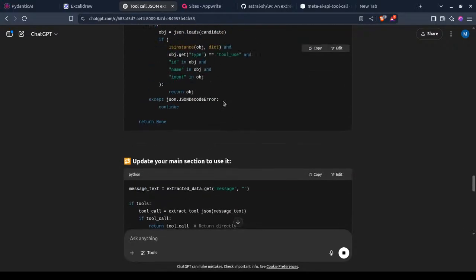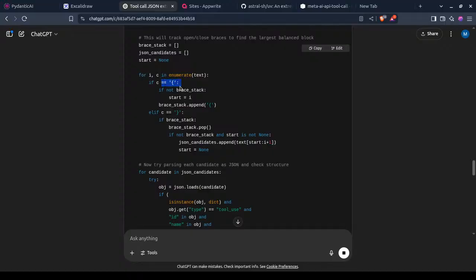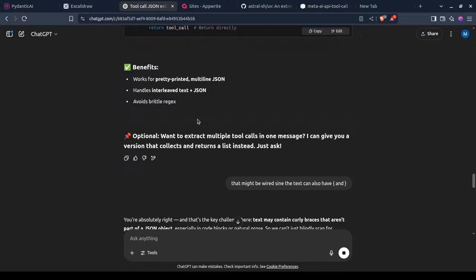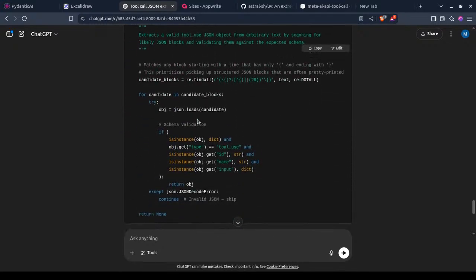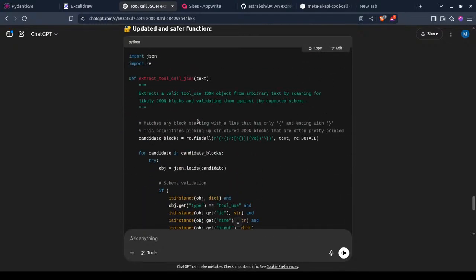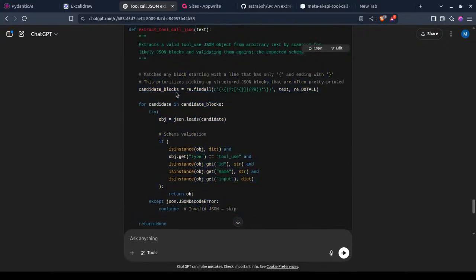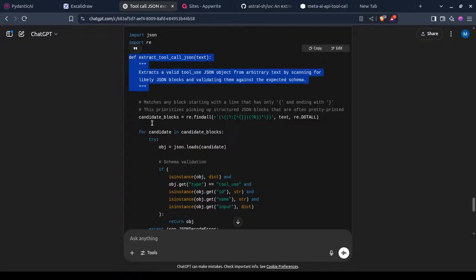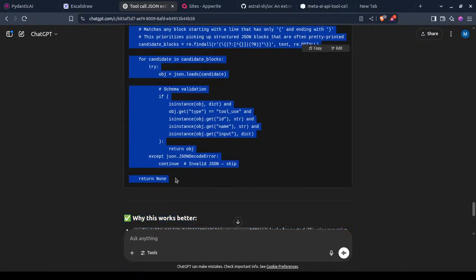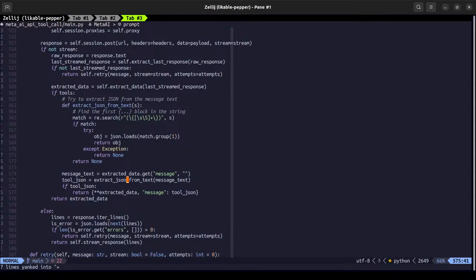So this is suggesting that we can have open and close. Could be a naked JSON. Okay, makes sense. I'll take that, paste it. That is the worst case scenario.